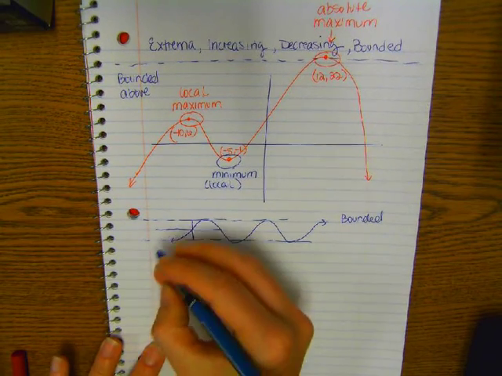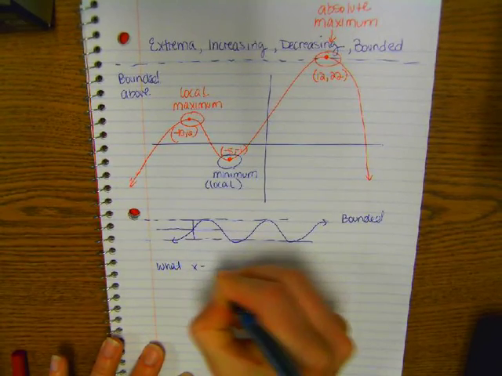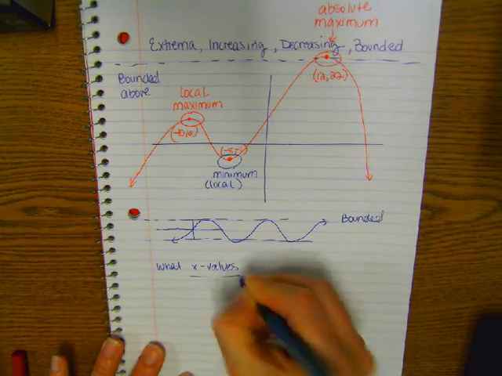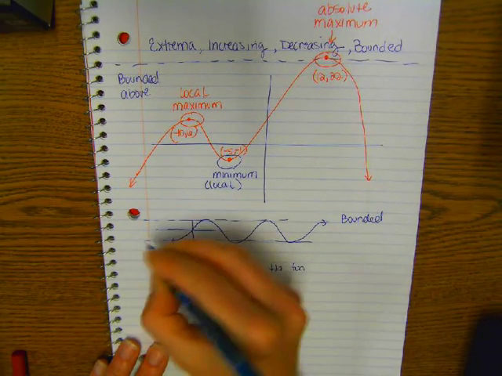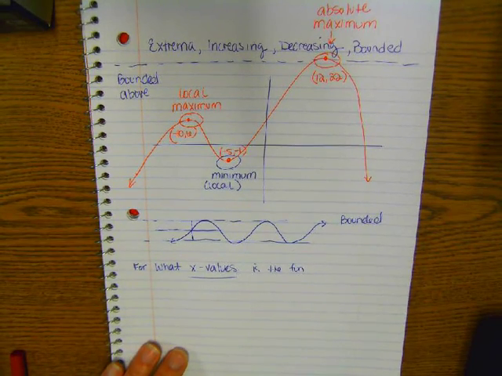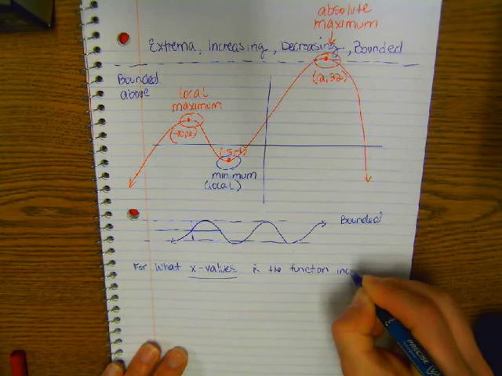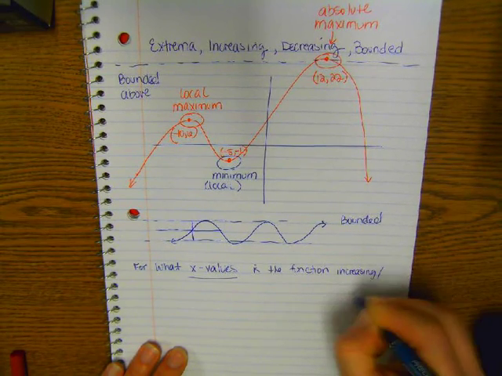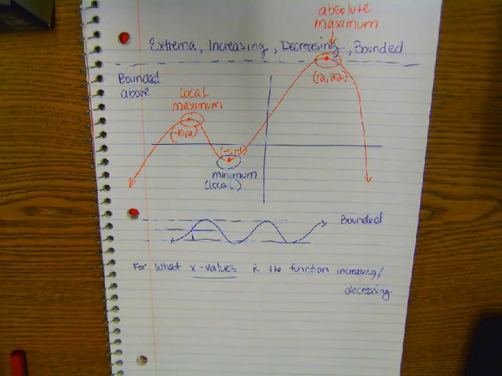I want to know what x values, for what x values, that would be more proper grammar. For what x values is the function increasing and decreasing? And this is where interval notation is kind of cool, so we don't have to write out a whole sentence. Okay, so you guys tell me,